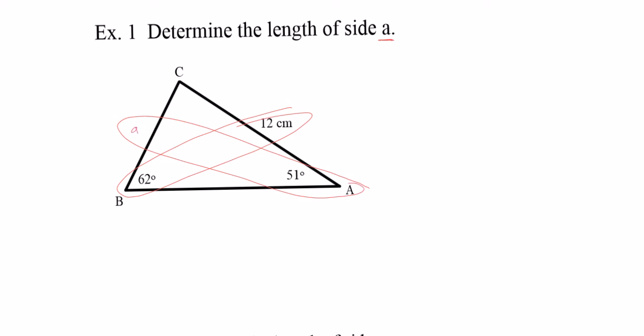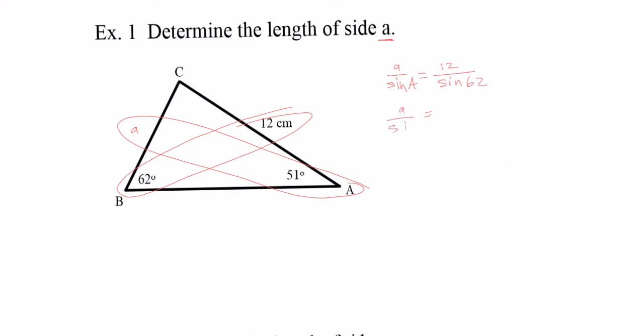Now, when we do our calculations, we're going to put the stuff that we're trying to solve on the right side. Now remember, since sine law is just the ratio of the side to the angle, and we're looking for the side, it starts on the top. So we get a over sine of big A is equal to, well, we've got 12 over sine of 62, which gives us